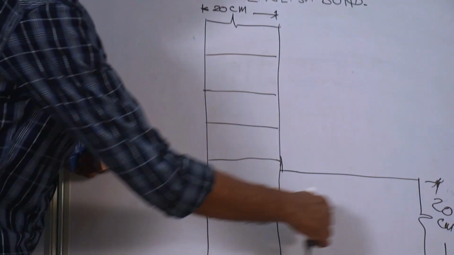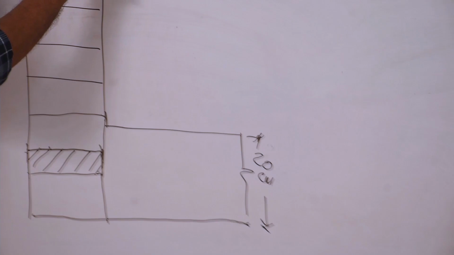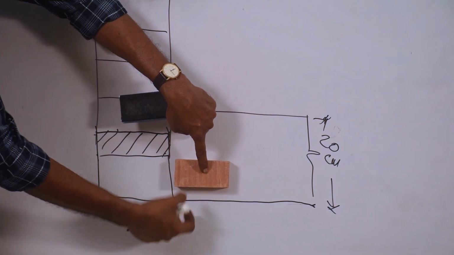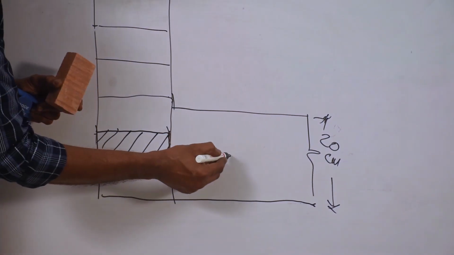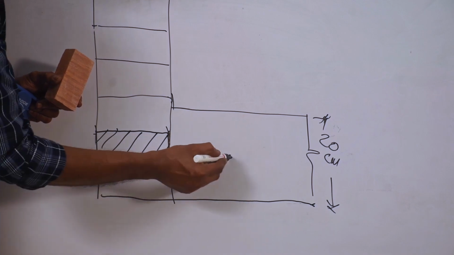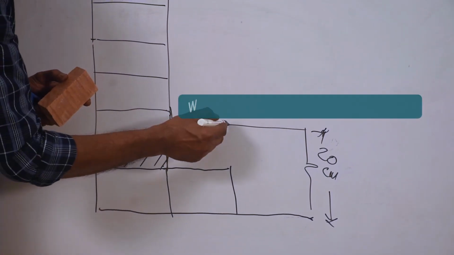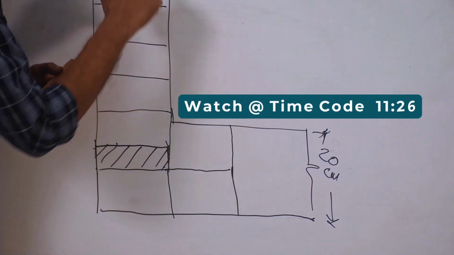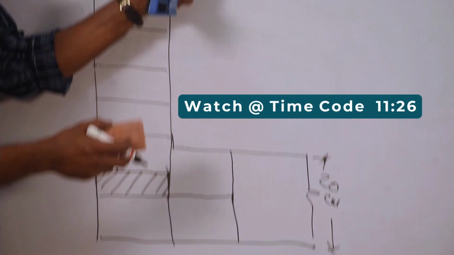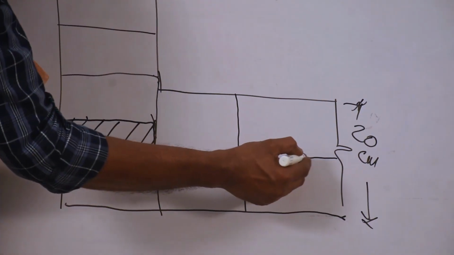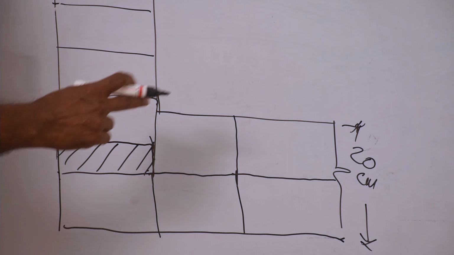Okay. Now if you move in this direction, what is the second brick in the elevation? That is stretcher. That means that brick is like this. Then only you can see stretcher in the elevation. So the second brick is like this. Now how to make it 20? Keep one more brick. We have already seen the top view of the English bond. Next is also stretcher in the elevation. So the bricks are arranged like this. So this is the top view.